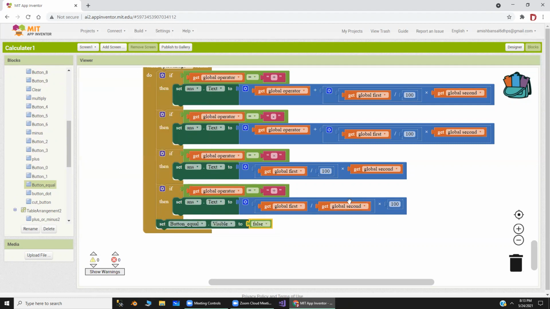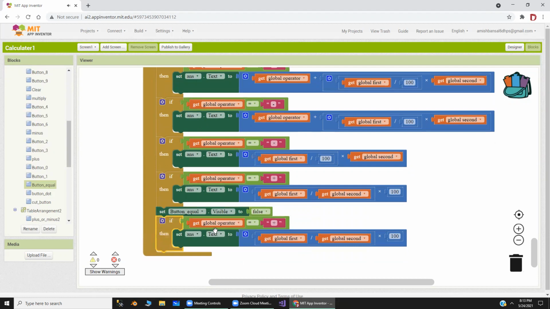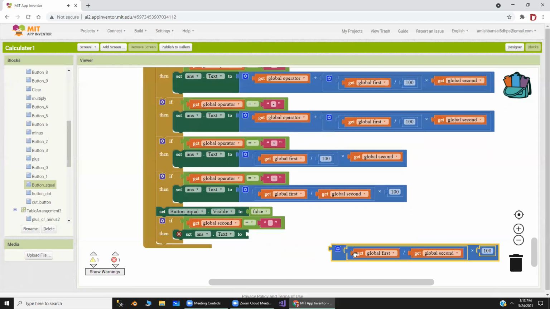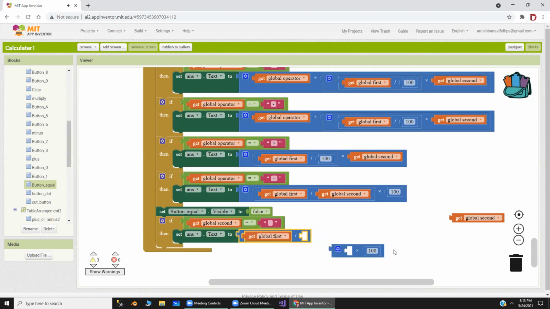Now I'll copy this if again and paste here. Now make it second and is equal to here nothing. So now if someone presses 50% or something like that, then we'll simply take the first number and divide it by 100, as percentage is 100, and there is no need for this. So we can delete,